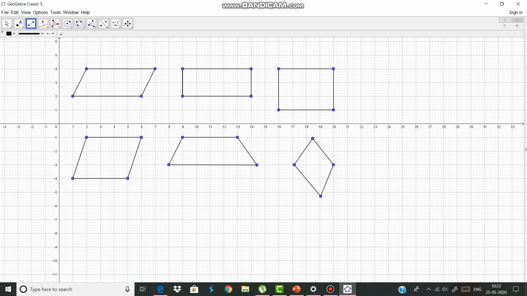In a rectangle also the diagonals are equal, because these points have equal distances. But in a parallelogram, these 2 points are close, but these 2 points are far. So that is why the diagonals will be different. Here also the diagonals will be different. All sides are equal, angles not 90 degrees. So a special thing is that all sides are equal and diagonals bisect perpendicularly.